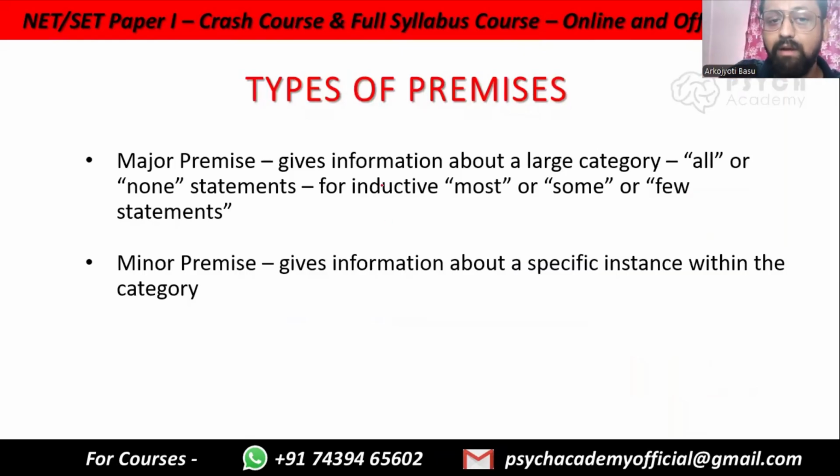The types of premises that we have: the major premise gives information about a larger category, like all or none statements. For inductive, it would be most or some or few statements, because inductive does not discuss all instances. That is why inductive cannot guarantee a true conclusion. The minor premise gives information about a specific instance within the category. Let's look at some